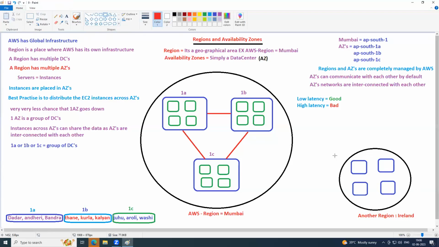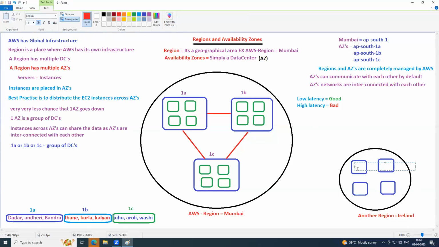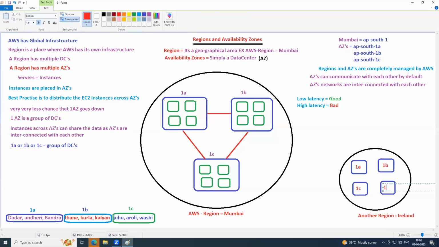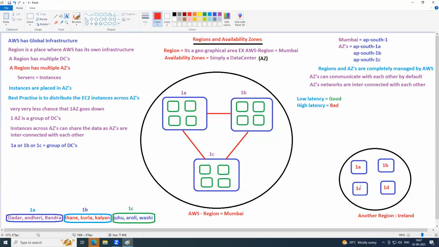Yes. This availability zone, can I call it 1A? This one 1B, this one, this one. So do you understand how the availability zones are named in AWS? Very good. And these availability zones are interconnected with each other. Like this, in every region you have availability zones, and all availability zones are interconnected with each